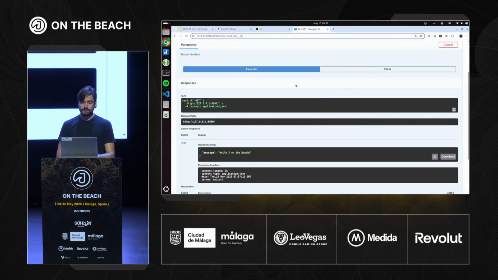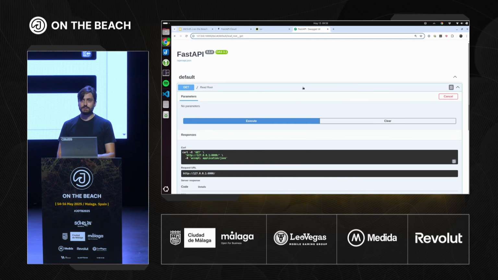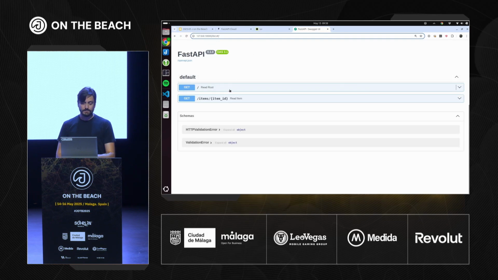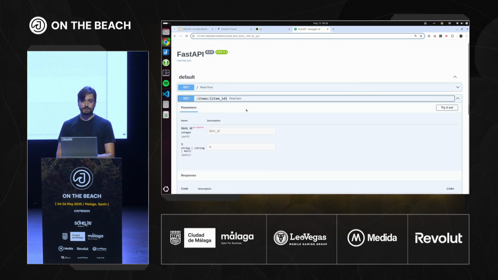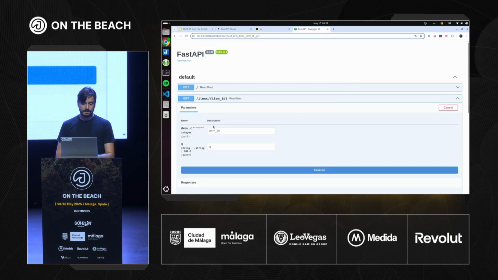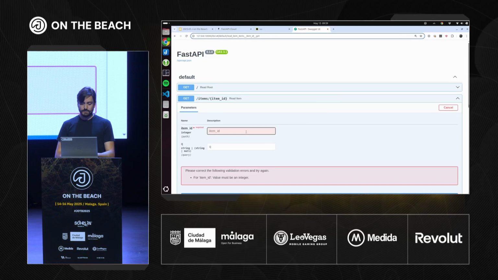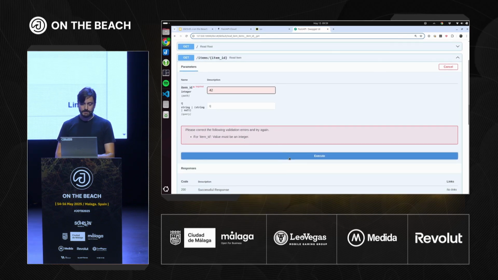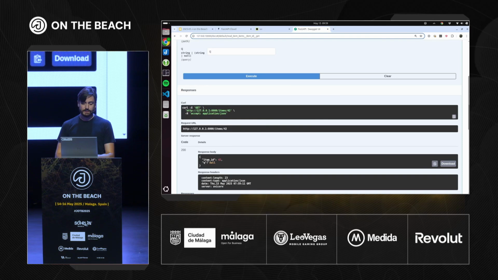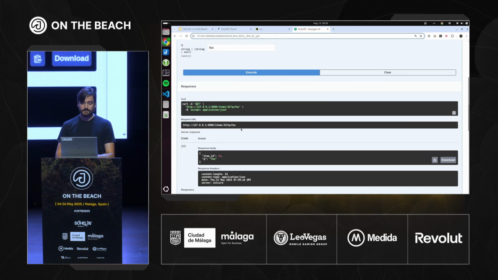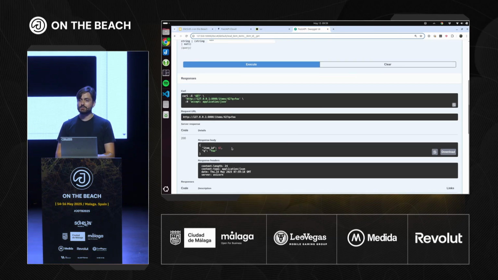We go back here, and I will keep blinding you, and I don't know what to do about it. I'm very sorry about that. If I reload this page, now I have this new section in my automatic API docs. I can try it out and pass an item ID here. If I say foo, it's going to complain, hey, this is not an integer, you need to put an integer there. Let's put 42, which is a good integer. Let's execute that, and we get the response, and the query is null. If we pass something in the query, bless you, we have something in the query, then we get the response back. So we can interact live with the API as we are building it.